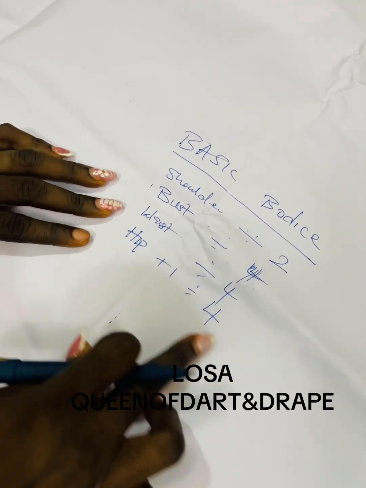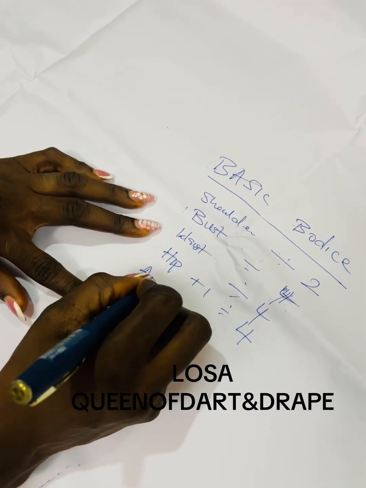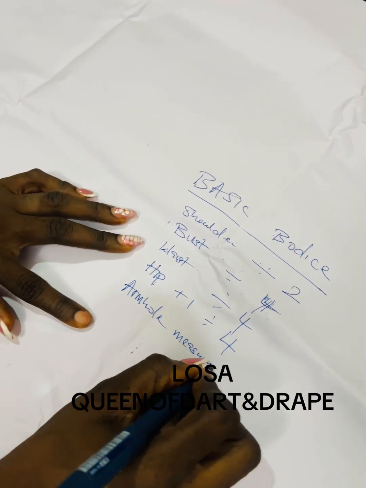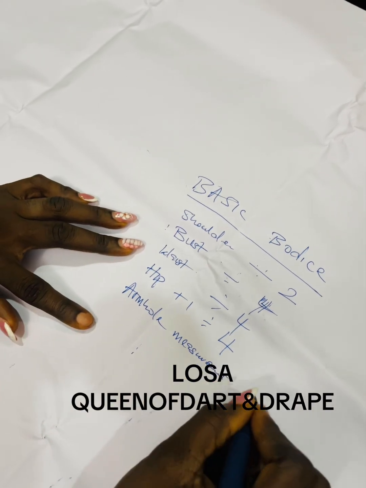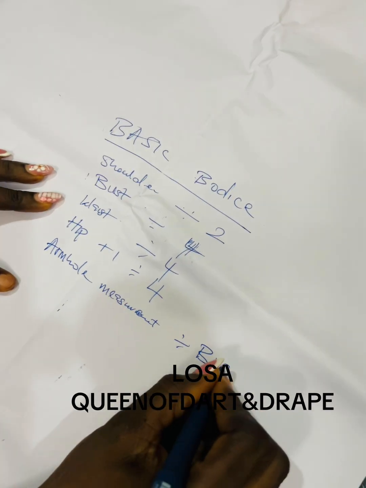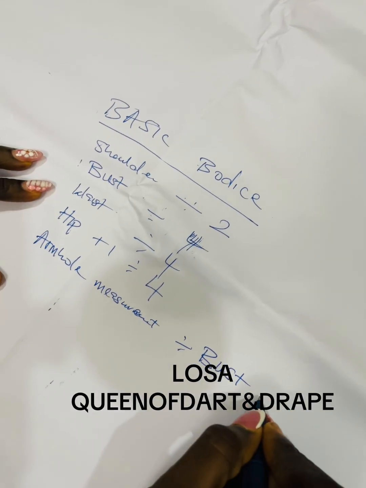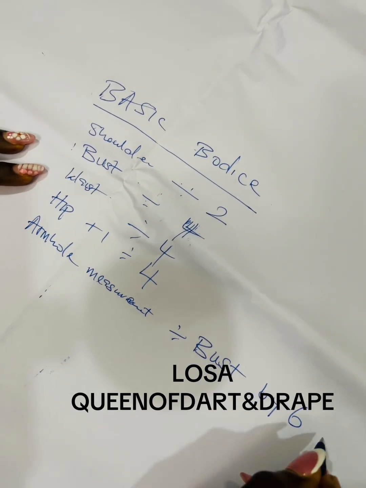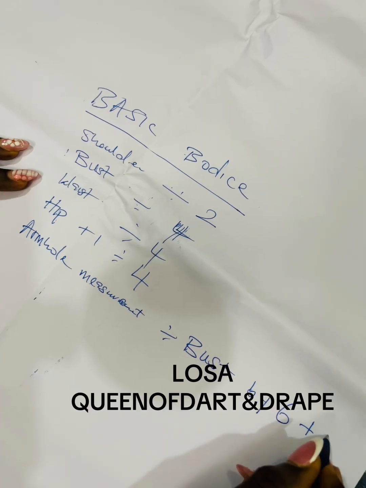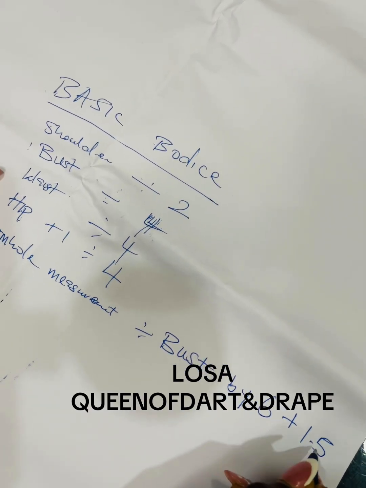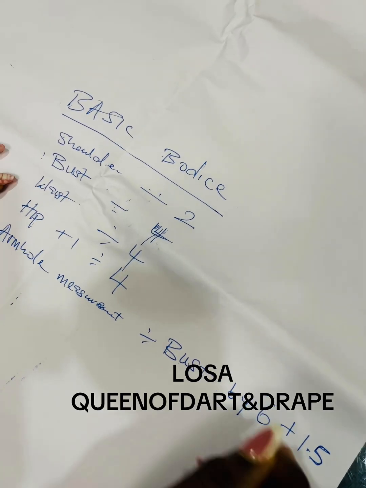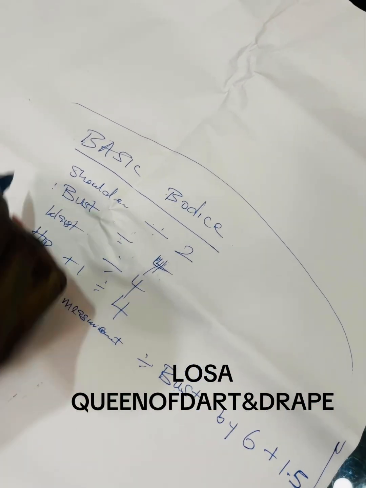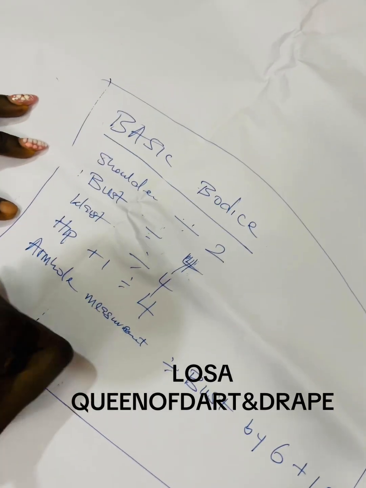So for us to have our armhole measurements, what we'll do, we'll divide our bust by 6, okay, then plus 1.5 inches. So that's what we'll use. So these are the measurements we need for our, then we also need our